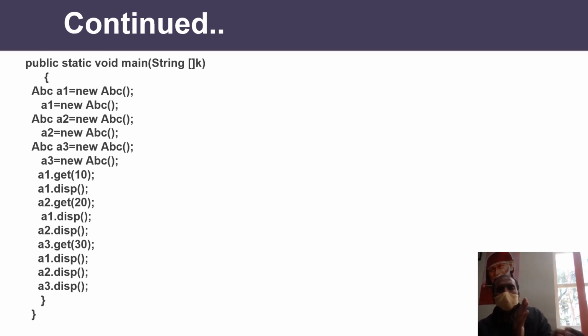I would like to request that you please run this program in your command prompt. Save it in Notepad and run it. You will better understand the purpose of a static variable. Simply, whenever you want to allocate memory separately, you take a non-static variable, and when you want to create a memory which is common for all the objects, then you need to take a static variable. A static variable is also known as a class variable because it doesn't belong to any object, it belongs directly to the class.